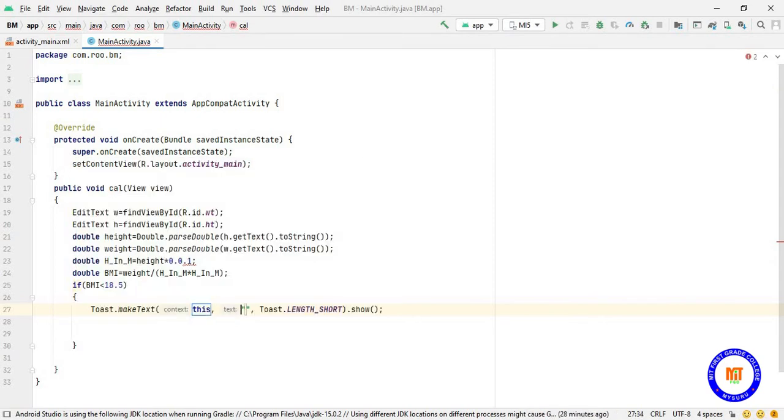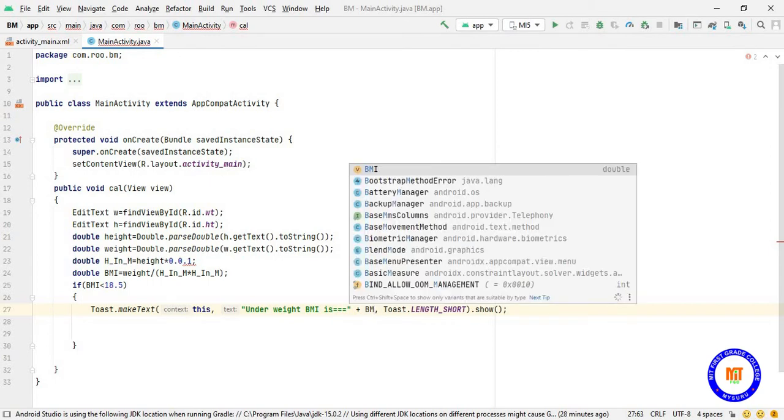This is underweight. And also tell the BMI value. Underweight, BMI is, so you have to use plus to concatenate BMI.